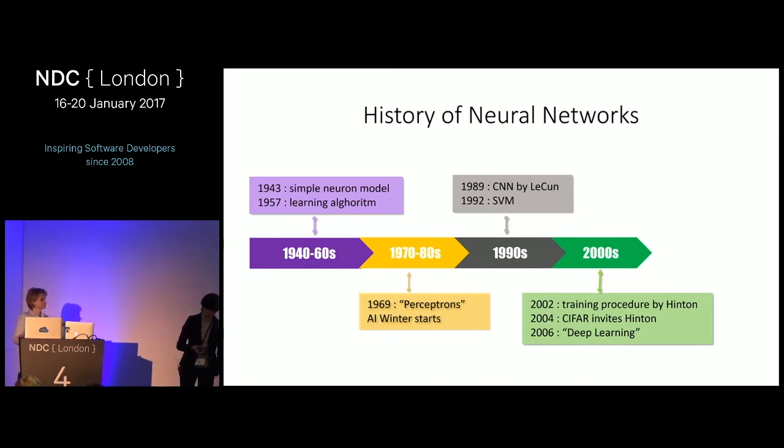In 2002, a very famous person in the neural network field, Jeff Hinton, invented a training procedure which allowed, for the very first time, training networks which had hidden layers, and more than one hidden layer. The idea of the algorithm was quite interesting because he made neural networks train by themselves to some degree, and then just fine-tuned them in the end. At about the same time, GPU computation came along, and that allowed neural networks to slowly start to rival support vector machines. Because with the right amount of data, neural networks had much better performance, while support vector machines were getting to the point of not being any better.